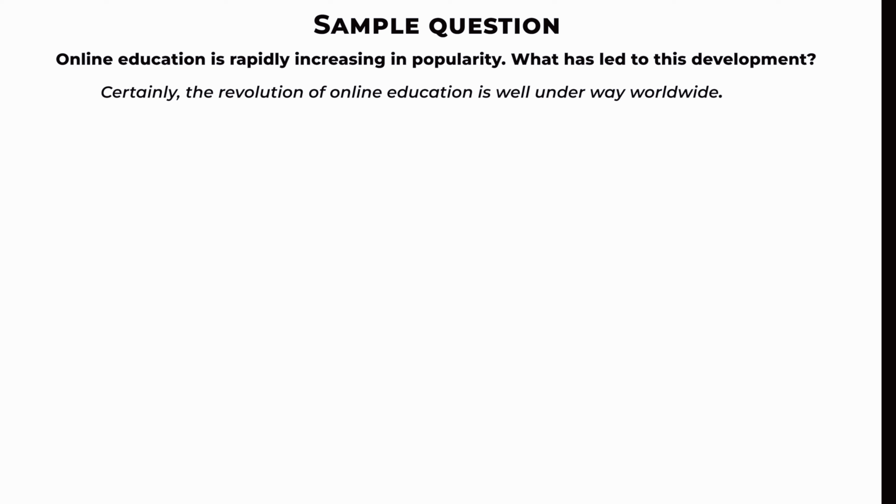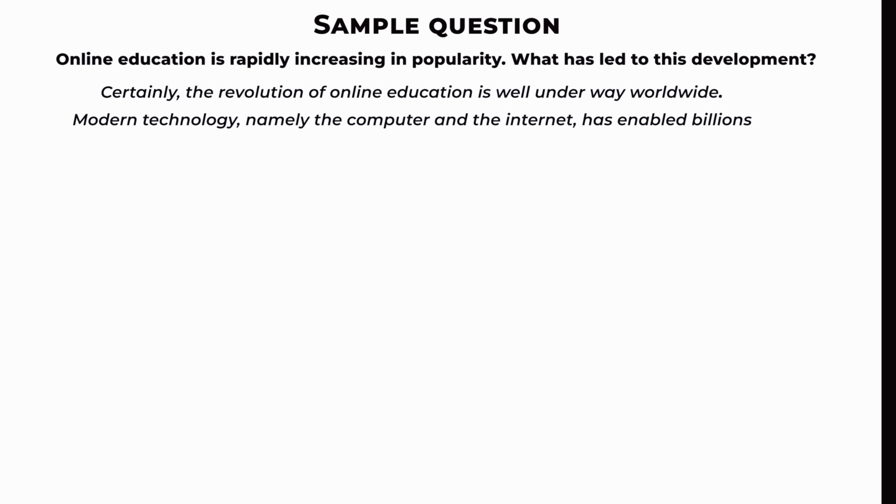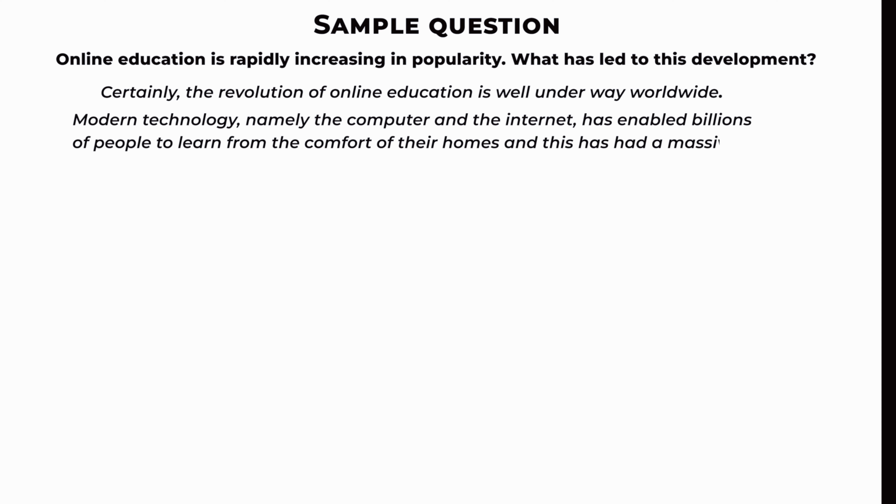Now, having stated your general statement, the next thing you have to do is to paraphrase the question. Now, let's do this in our next line. So what I will say is that how I want to paraphrase this question is that I will say modern technology, namely computer and the internet, has enabled billions of people to learn from the comfort of their homes, and this has a massive impact on our education system. So this is how I'm going to paraphrase this kind of question. Everyone has their own ways of doing it. You can also do it in your homes, and you can also try a few things and you will also reach the same